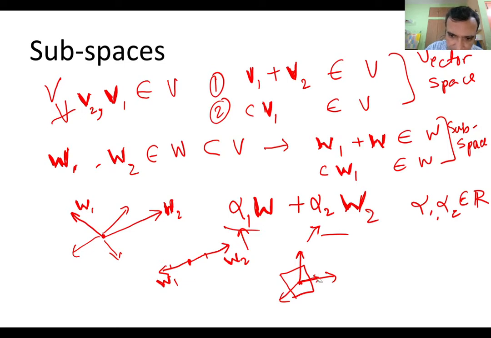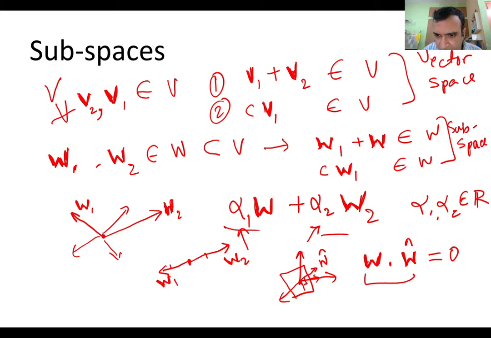So let's say there's a normal vector which is perpendicular to that plane. It is coming out of that plane. It is normal to that plane. In general, all these vectors in the subspace W will satisfy this: W dot W hat. What is W hat? W hat is the normal. So let's say this is W hat. W dot W hat is equal to 0.